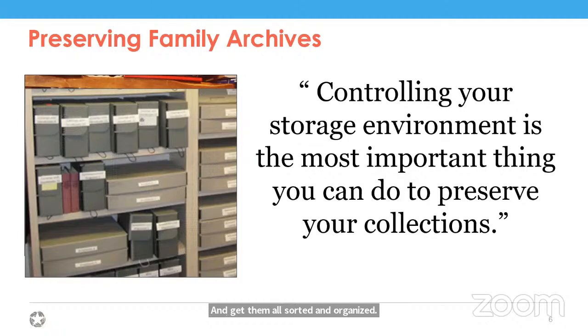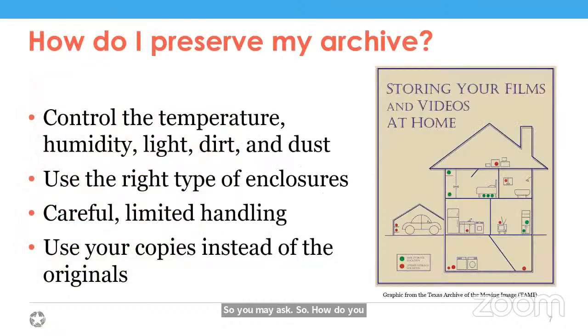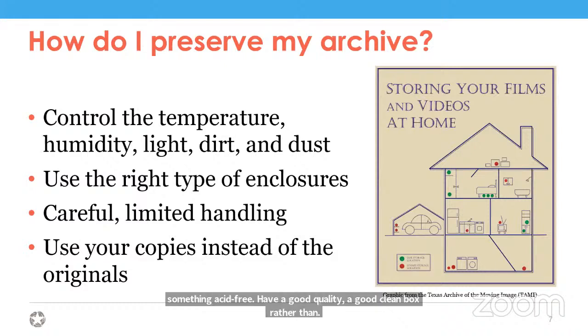So you may ask, how do you preserve your archive? Environment's important. So controlling the temperature, humidity, how much light, how much dirt and dust is in the environment are all crucial. Using the right type of enclosures, like that example of that photograph with those nice gray archival boxes, using something acid-free, of a good quality, a good clean box, rather than rescuing a box out of the dumpster and repurposing